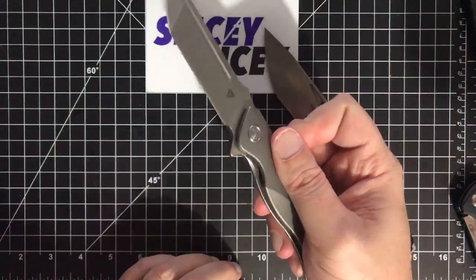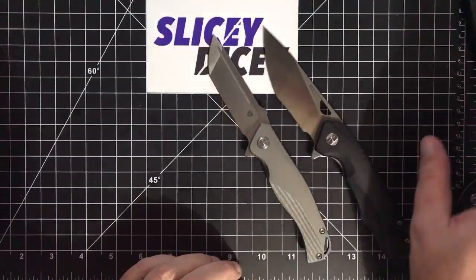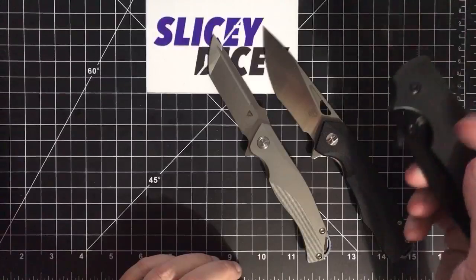Have I ever tried a Benchmade custom knife? No, I haven't. I have not gone into their high dollar thing, and my lights just turned weird, so I